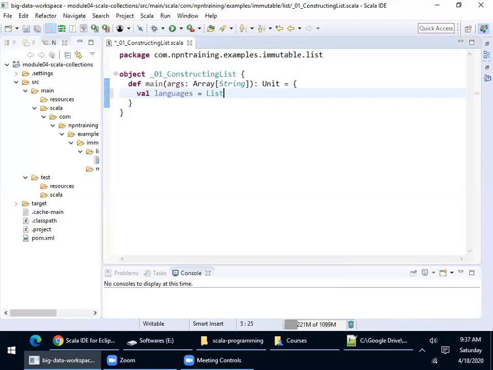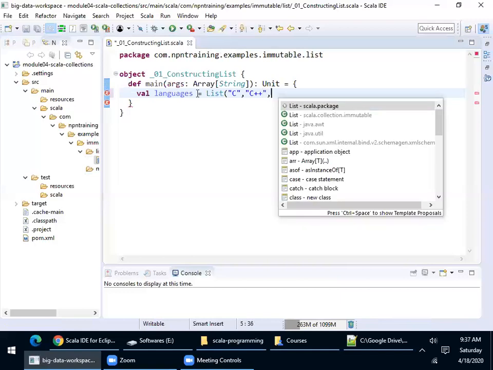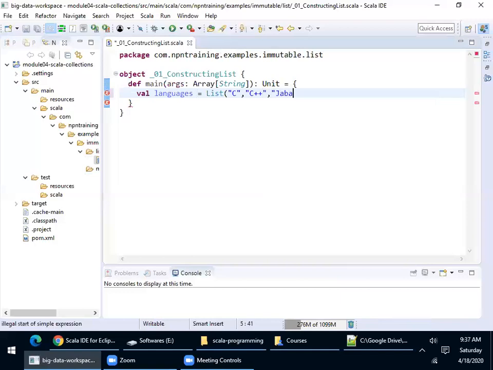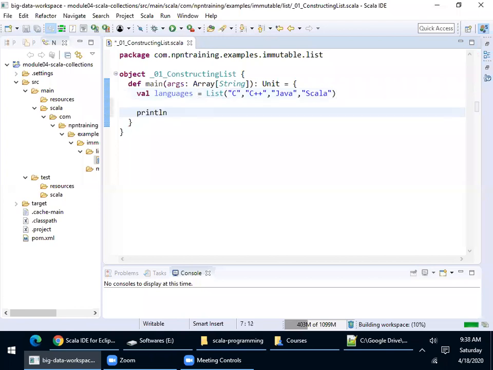Okay, so I will just give some values, C++, Java, and let me give some values, Scala. So I've simply created a list, and let me print that list. Println, I'll just give languages. This is the simplest way of creating a list.